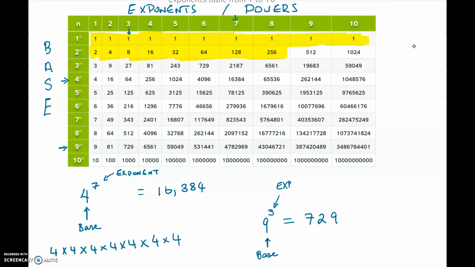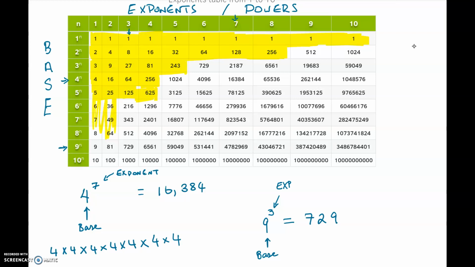For powers of 3, you would definitely want to know 3 to the power of 4 and probably 3 to the power of 5 if you can. Powers of 4 are very useful to know, 4 to the power of 4. Again, if you only know up to 4 to the power of 3, that's not so bad. For powers of 5, if you know up to 5 cubed, that would be good. And the rest of them really